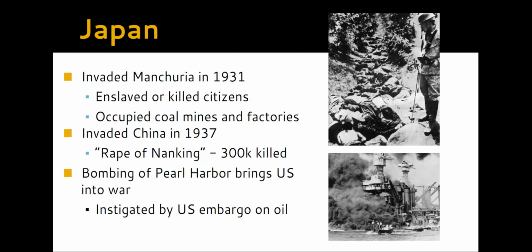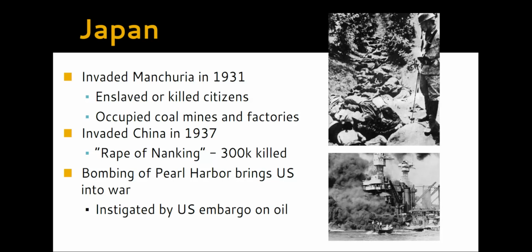So in 1937, we have probably one of the most terrible invasions of modern world history. This is called the Rape of Nanking. Sometimes you'll see it Nanjing. About 300,000 people were killed during this invasion. Of course, those numbers are kind of all over the place, but that's the generally most agreed upon number. 300,000. That is quite a lot. It was horrible. Crimes against humanity, absolutely. And just an atrocity that the Japanese are going to have to answer for later.